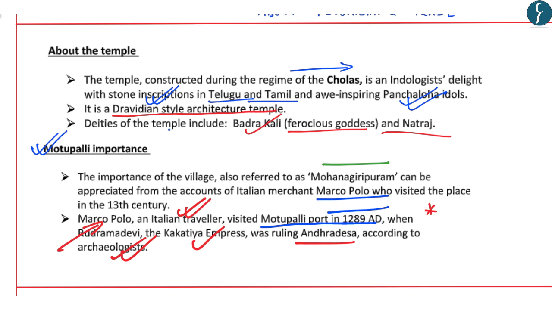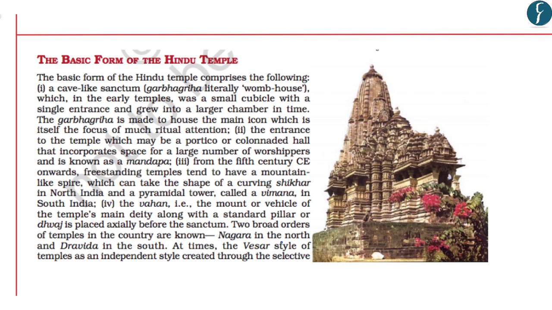Now, with respect to this temple in Motupalli, we have learned that it is a Dravidian style architecture temple. So on this note, let us understand the different styles of temple architecture in India, that is Nagara style, Dravida style and Vesara style. This fact has been taken from the NCERT books, which state that two broad orders of temples in the country are generally known as Nagara in the north and Dravida in the south, whereas the Vesara style of temples is an independent style created through the selective mix of both Nagara style and the Dravida